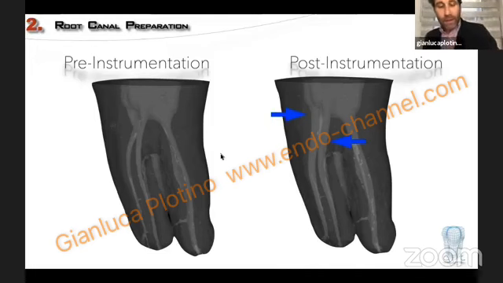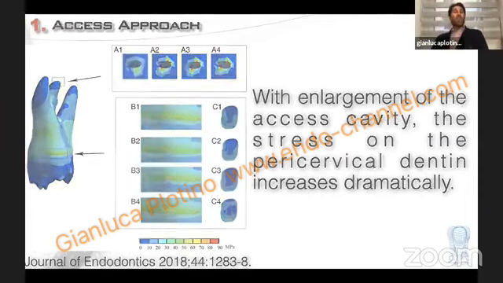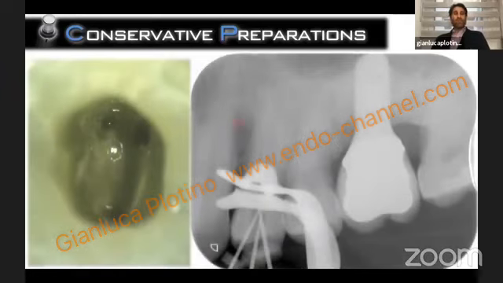And in fact, some articles using finite element analysis have demonstrated that the stresses are concentrated on this area. And with the enlargement of the access cavity, the stresses in this area increase dramatically. So what is good is not to maintain the occlusal surface so strict.